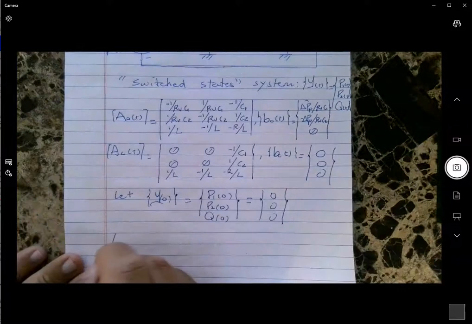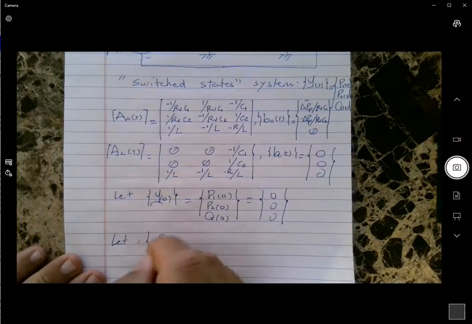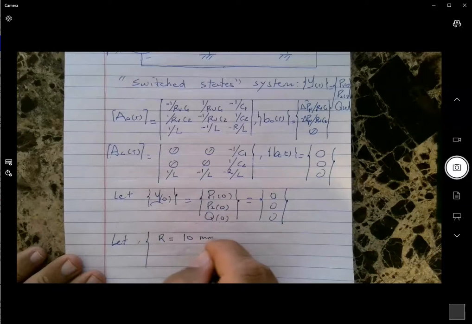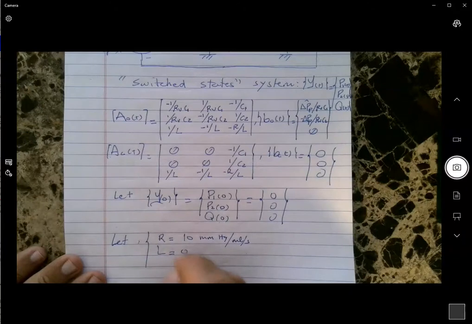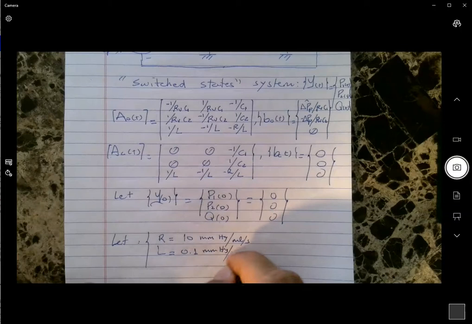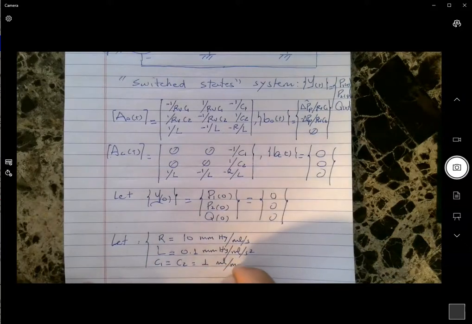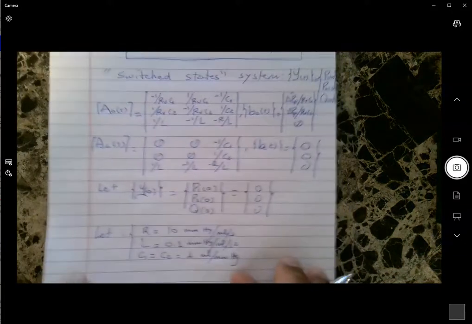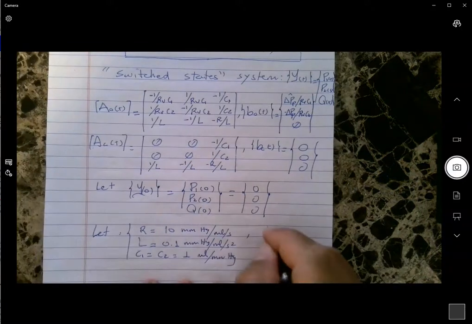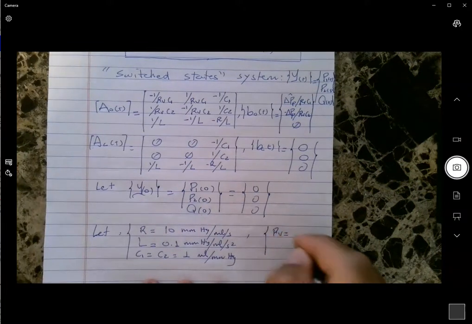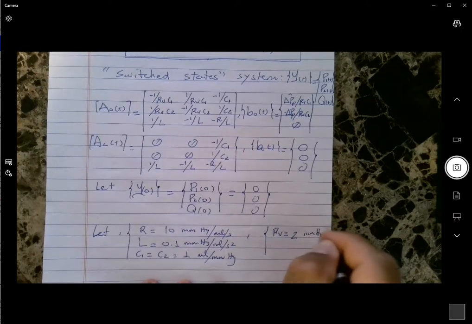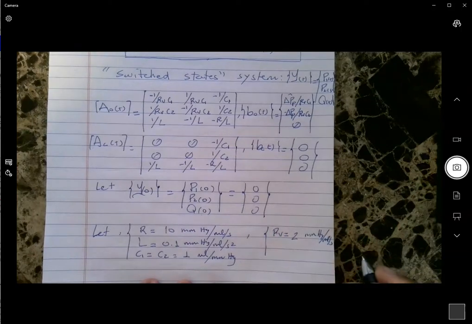And we're going to let R be equal to 10 millimeters of mercury over milliliter second, L 0.1 millimeters of mercury, milliliters second square, and C1, which is equal to C2, equals to 1 milliliter per millimeter of mercury. Also, we're going to let RV be equal to 2 millimeters of mercury milliliter second, so the resistance induced by the valve, and the